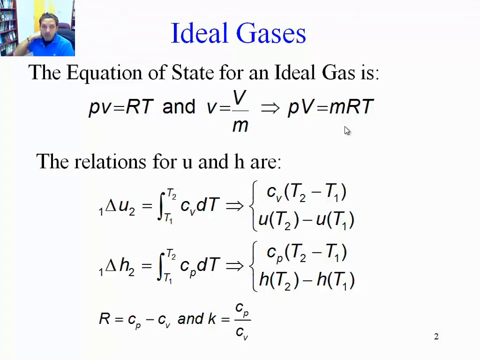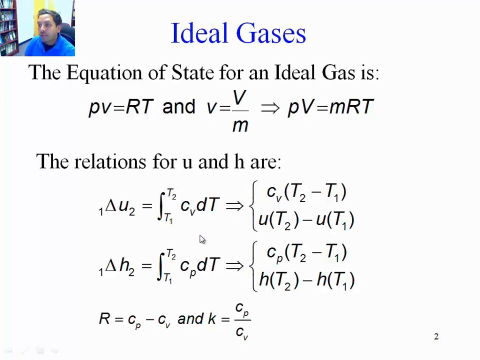We also studied the relationship of the other two properties of the state, energy and enthalpy. So these relate the 3 fundamental properties: pressure, volume, and temperature, and these relate the energy and the enthalpy to the temperature directly. We also talked about the fact that in ideal gases, energy is only a function of temperature, and so is enthalpy. So in order for the energy to change, the temperature has to change, and vice versa. If the energy changes, the temperature changes. And in order for the enthalpy to change, the temperature has to change. And vice versa. If there is no change in temperature, there's no change in enthalpy.